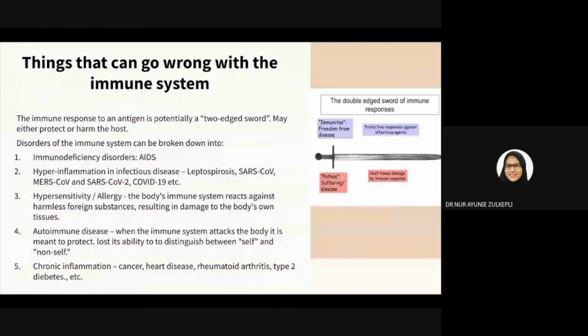So what is a two-edged sword in the immune system? It means it can protect your body, and at the same time it can harm your body, the host itself. One side will cause a protection response against infectious agents,